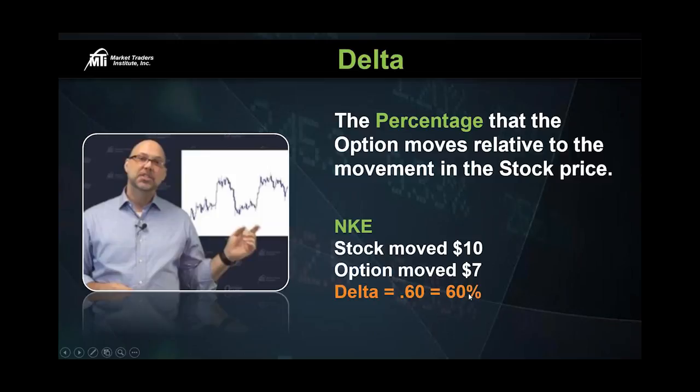Now, some of you might be thinking, well, we didn't get the full $10, but if you go back and look, Nike was trading at $115 a share. We got in at, what, about $4 a share. We made $1,200 in profit off it. I think most of you would be okay only getting 60% of the move when we still made 150% return on our trade right there.